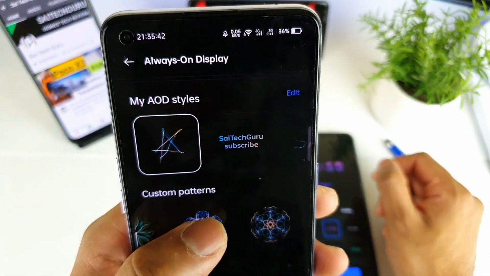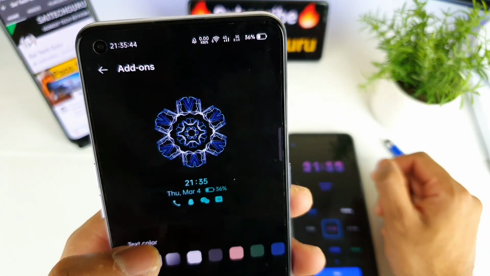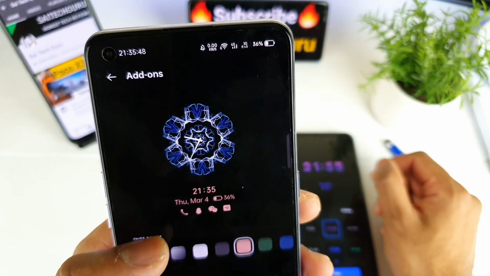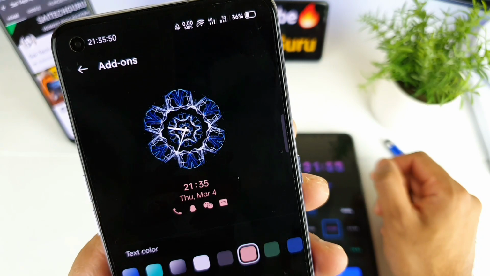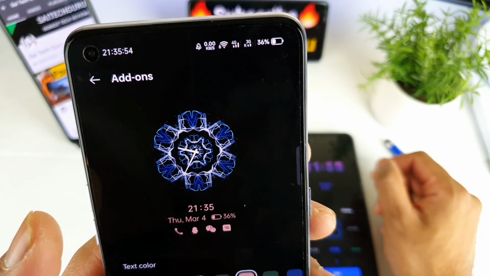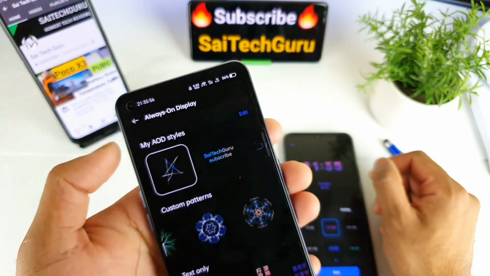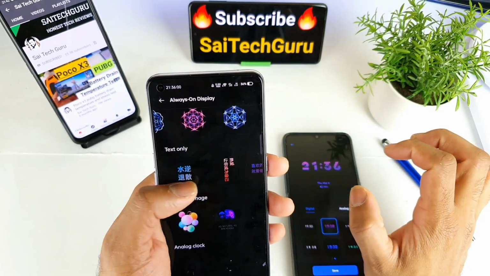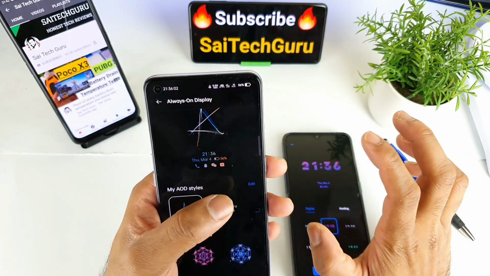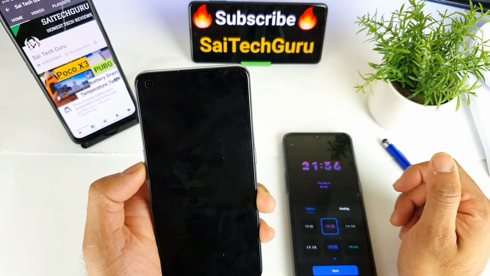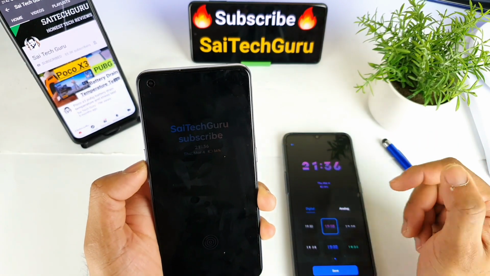These are different patterns, where you can select the color of the text, and you can even add the analog clock as well, and date, info, battery, notification you can have there, as you can see. So these are how you can customize. These are really good useful patterns you are getting. A couple of patterns are text only, so you can write your own text, and this is how the text looks. So let me enable. As you can see, this is how the text looks.